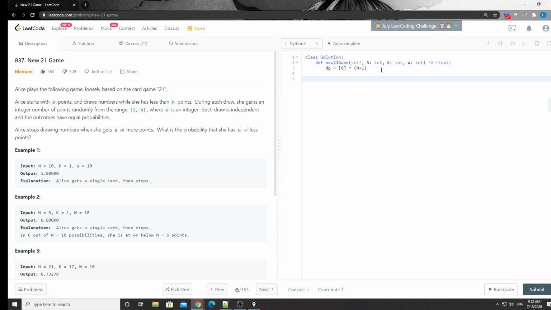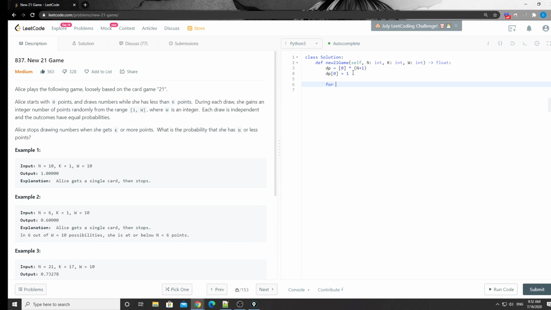And then we need a starting point, the 0. So what's the 0? It means getting 0 points. What's the probability to get to 0 points? That's 1, because we don't need to draw anything. It's a 100% probability to get 0. Okay, then